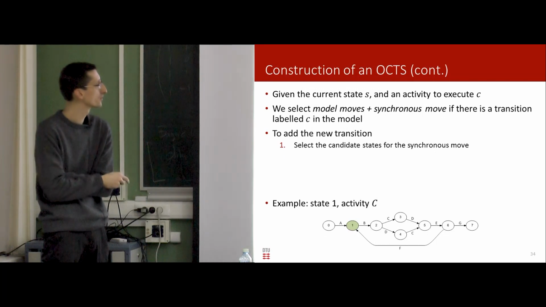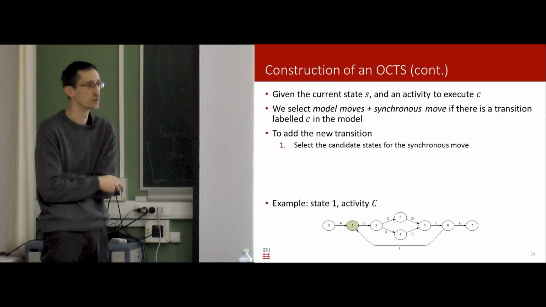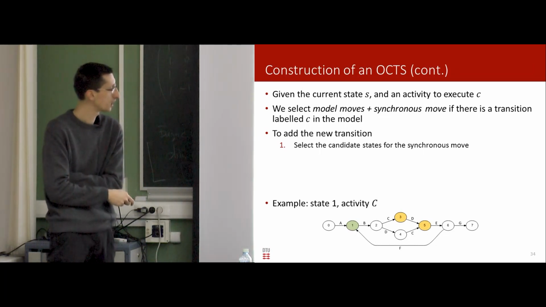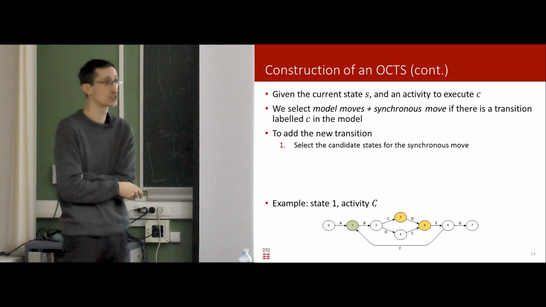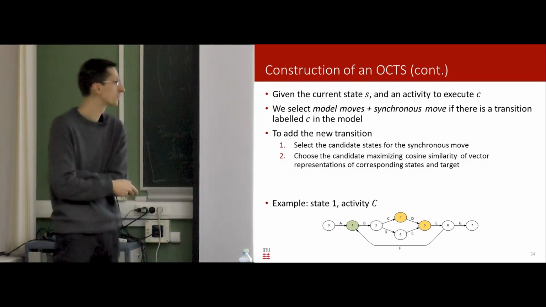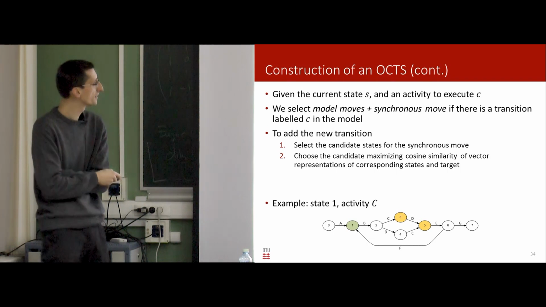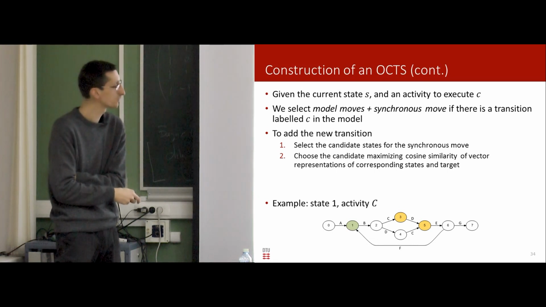So we have to first select the candidates for synchronous move. Synchronous move candidates are state number 3 and 5 because they are sharing this incoming transition label which is C. But then we have to select which of these two